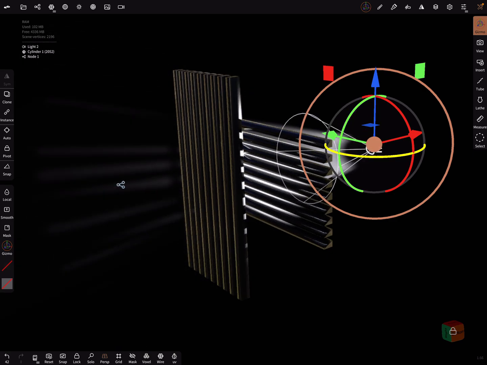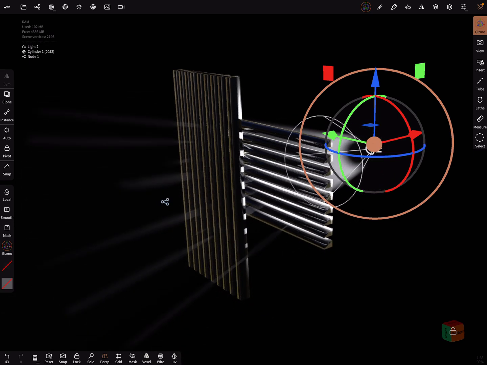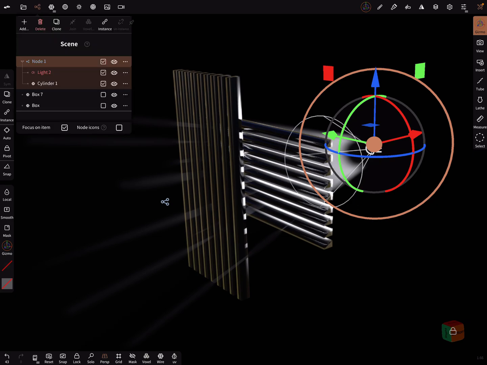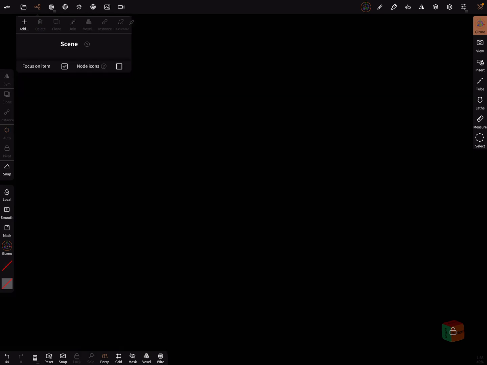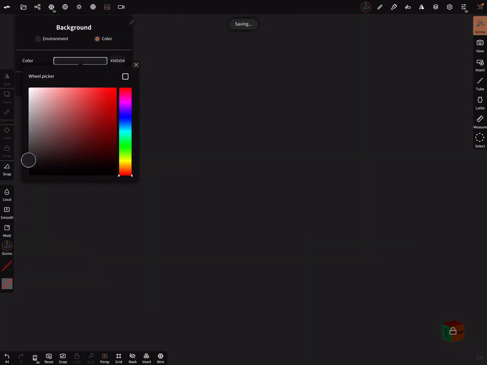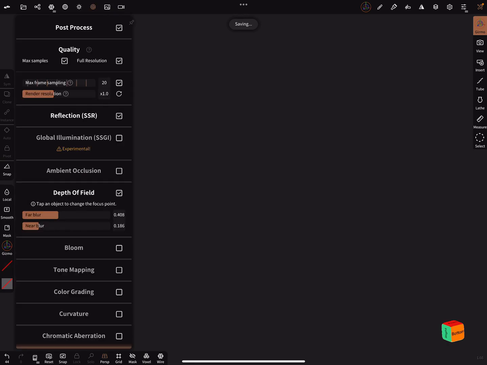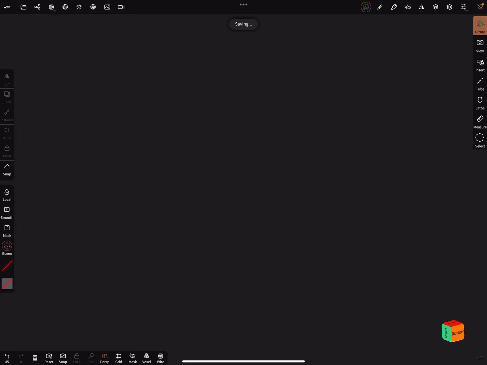It creates light rays like this. Okay, and how to do it? I delete everything and I just make the background a little bit brighter and post-processing off and reset the view. We need a primitive,